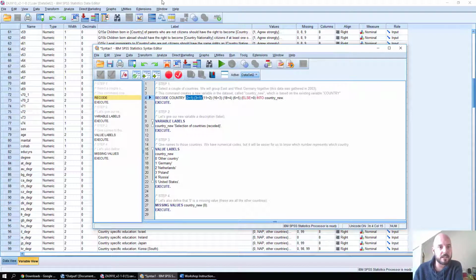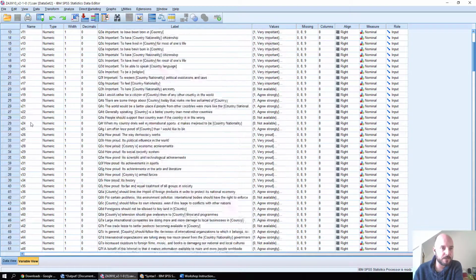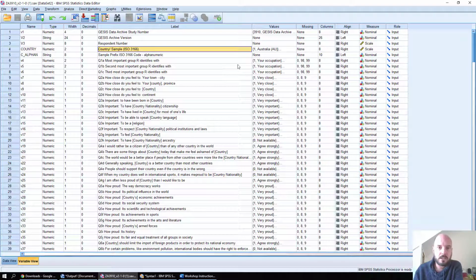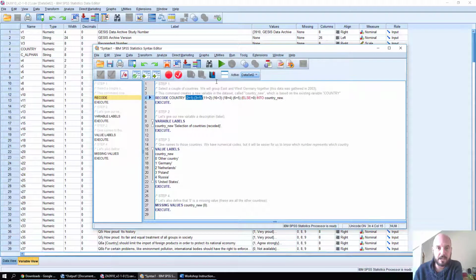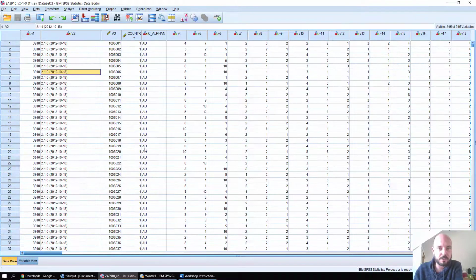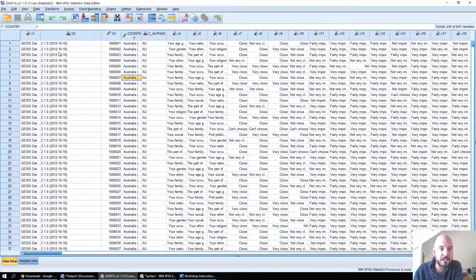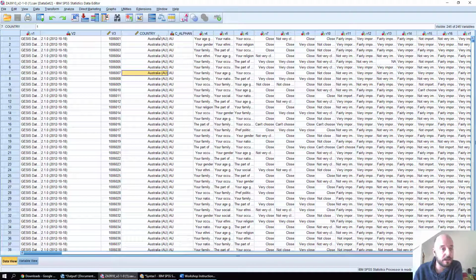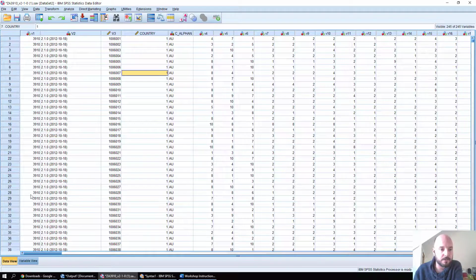Why is this? Well, let's go to country here. Let's see where it is. Here it is, country. We are talking about the values here, right? So values, these are the values that we have in the actual data. In other words, these numbers here are ones, and the ones mean Australia in this case. That's how it's coded. You can see that if we go here as well,